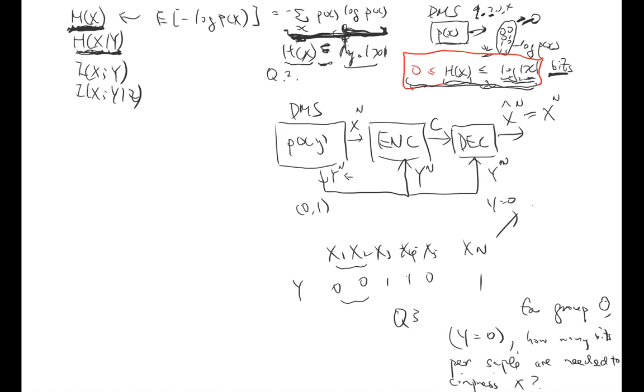I have something like X1, X2, and then I will have X5, and so on. And I have another group where Y equals 1, with X3, X4, and something like Xn. Now, what I'm asking is, for this stream here,